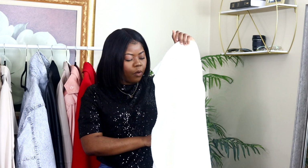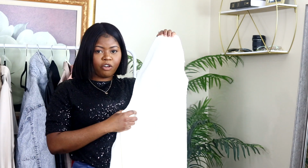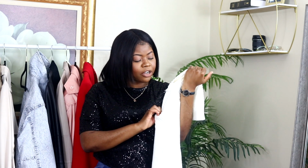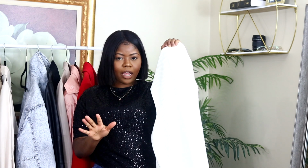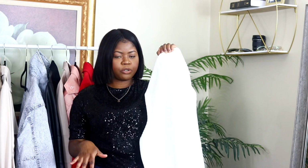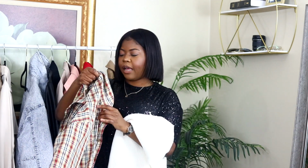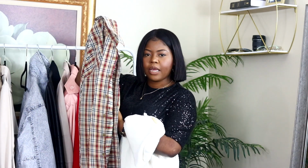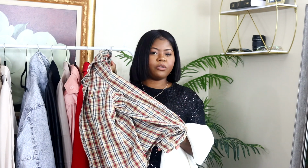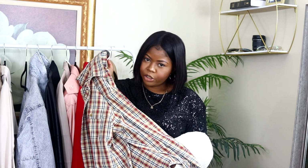But yeah, anywho, we're gonna be styling this beautiful grandfather sweater vest. This is an extra large, which is why I purchased this, because I like to layer underneath my items, especially during the winter. And I'm going to be styling it with this beautiful J. Crew men dress shirt. Yeah, I'm going to be wearing this with your typical white tennis shoes, and for